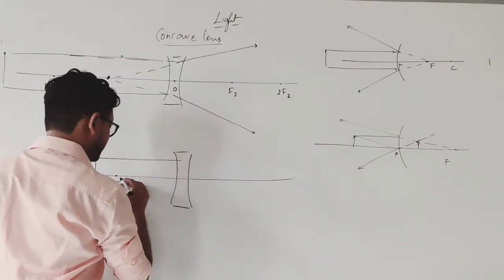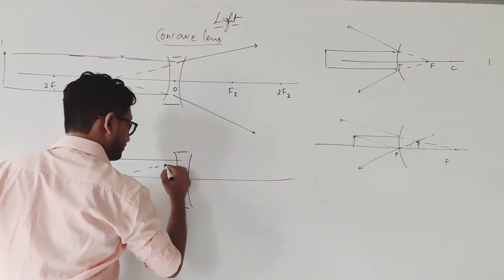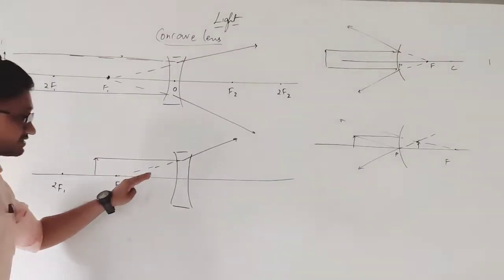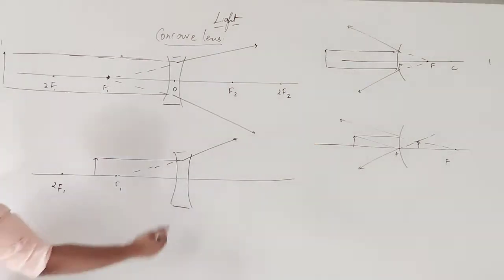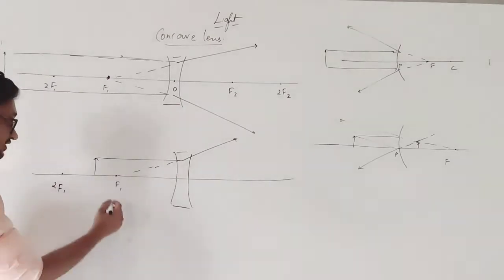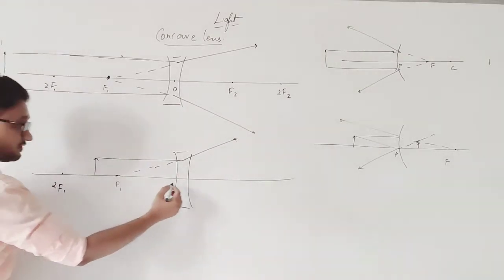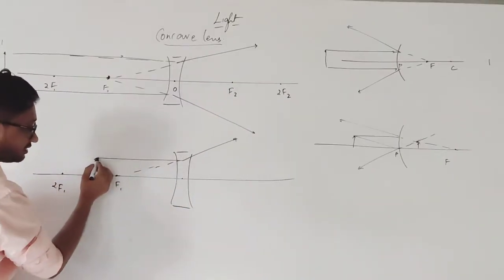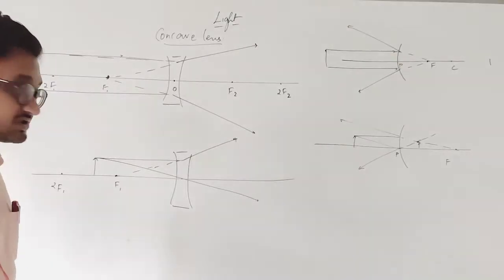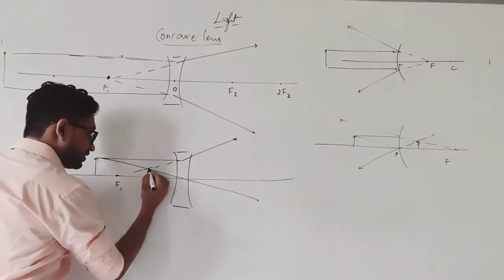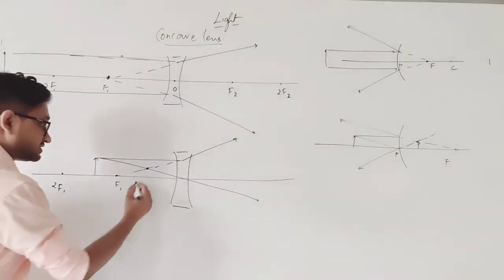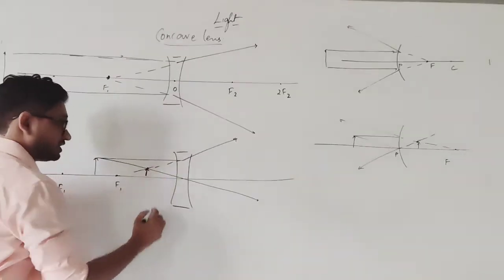And the diverging ray of light, as you know, over here, it will be going like this. And when we take the virtual refraction of the light on the principal axis, it will be at focus. And the other one is that we are taking it through the optical center, and at optical center there will be no refraction. So over here, as you can see, these two rays of light meet somewhere over here, like this. So the image will be formed over here.